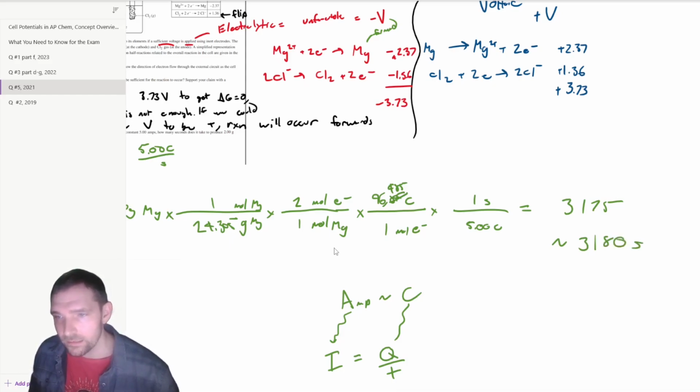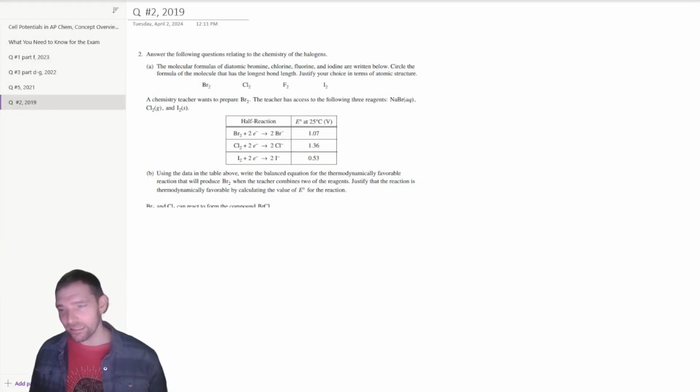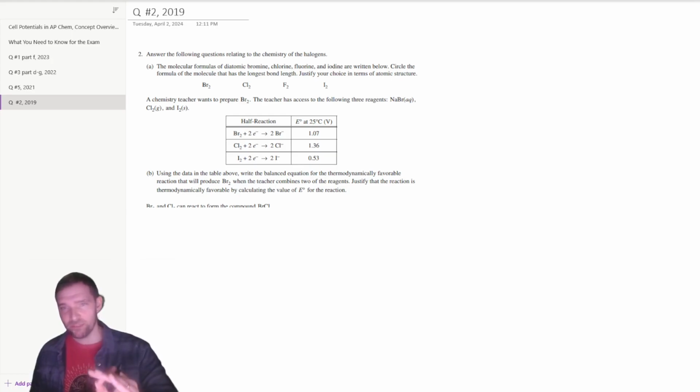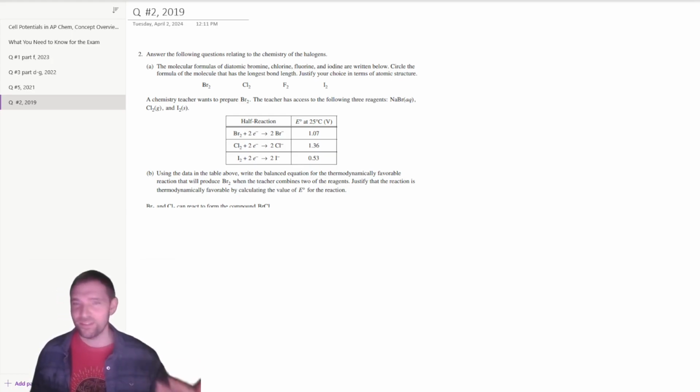80 seconds now. I really like this example problem because I've seen a lot of chemistry teachers do some really weird stuff with this, where they're trying to get students to predict what things are going to react with what. I think that came from this problem, which is much, much, much simpler than what I've seen teachers giving their students, where they have to work with